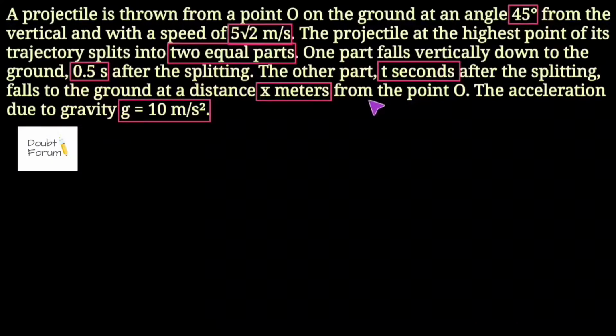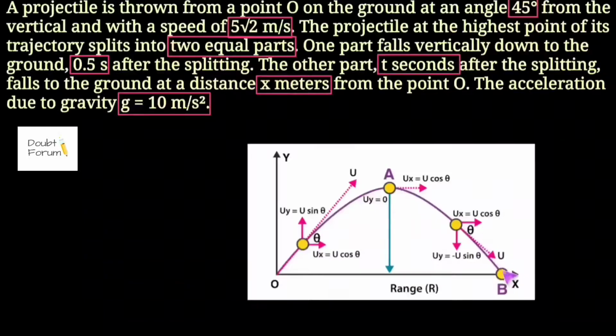As we can see that this question is based on the motion of projectile. So before we solve this question, let's understand a little bit about the projectile motion. So this is the projectile motion path. And by definition, a projectile is an object upon which the only force acting is the force of gravity. So here this yellow body is the projectile because on this body the only force acting would be the force of gravity.